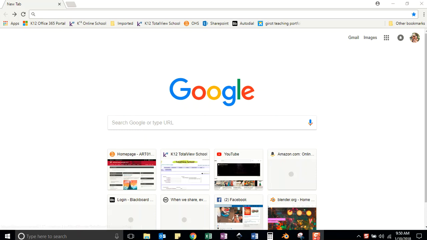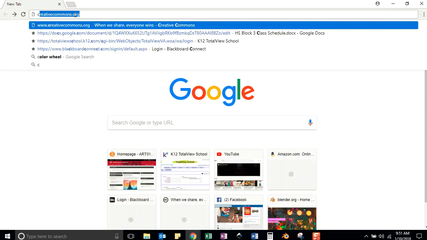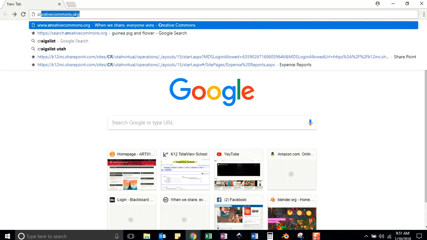The first thing that we're going to do is find an image to use in GIMP that is public domain. Public domain means that anybody can use this image without getting sued. Whoever created it provides it to the public for us to use. And you can find those types of images so that you're not plagiarizing or breaking any copyright laws at a really nice website called